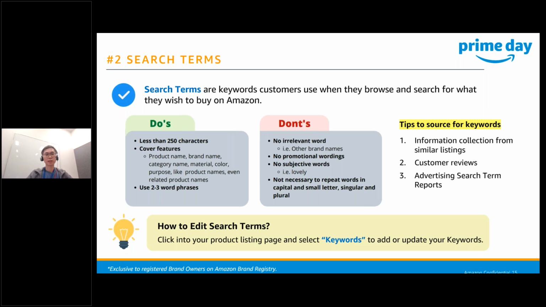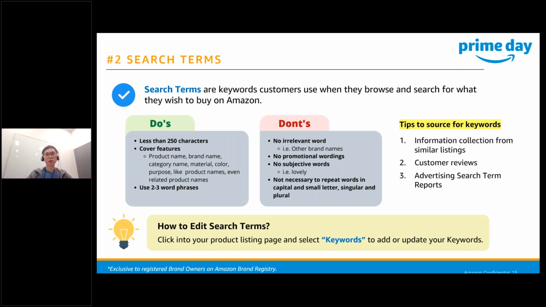So next, on number 2, the search terms. In order for customers to find your products on Amazon.com, it is important to provide search terms that they might use when searching for what they want to buy. Most customers probably already know what they want to buy and may search for the products directly on the search bar with the relevant keywords. So it is very important to ensure that your product listing has included these hidden keyword search terms in your product listing page, so that it will appear in the search results to customers who might have a higher purchase intent.